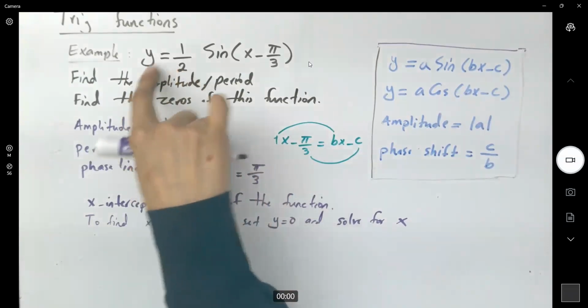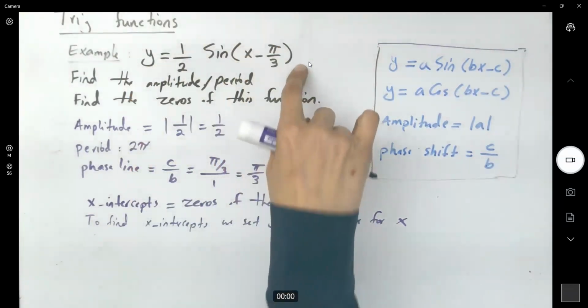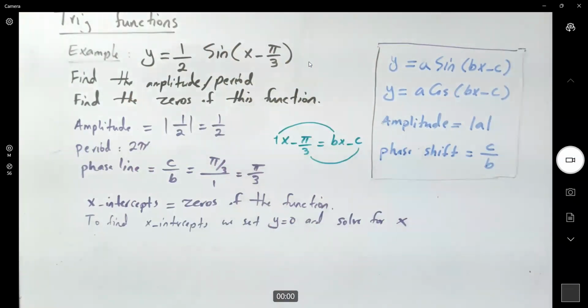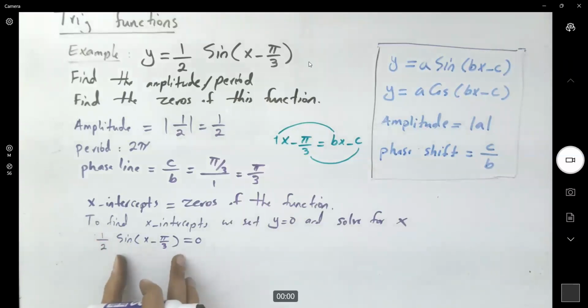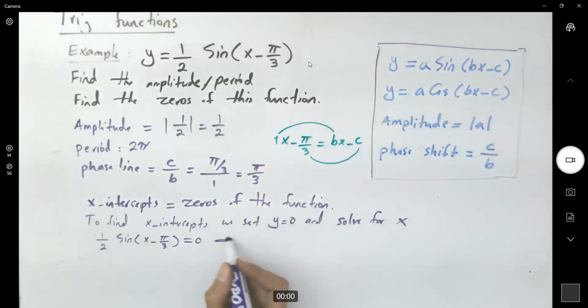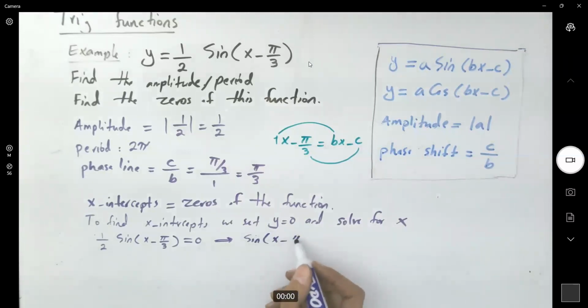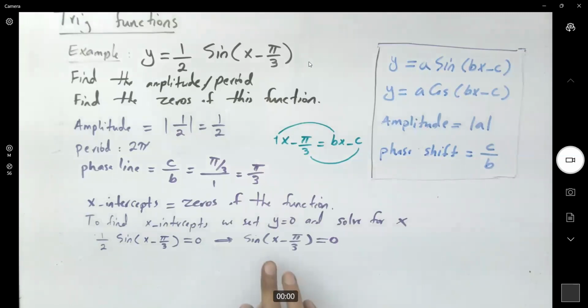My function, a half sine of x minus pi over 3, is equal to 0. Am I right? Very good. A half sine of x minus pi over 3 is equal to 0. So what's the meaning of that? A half is not 0, so it means that sine of x minus pi over 3 is equal to 0. So what's the meaning of that? It means that x minus pi over 3